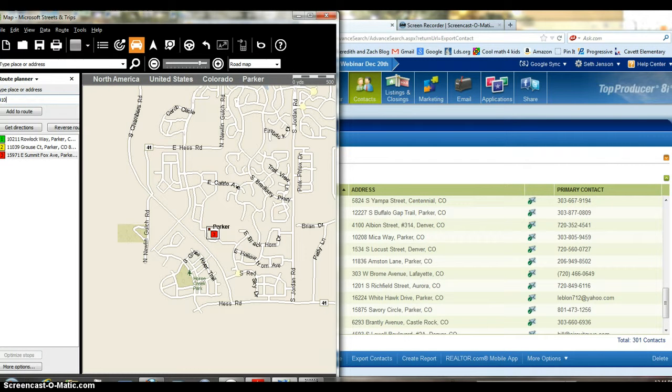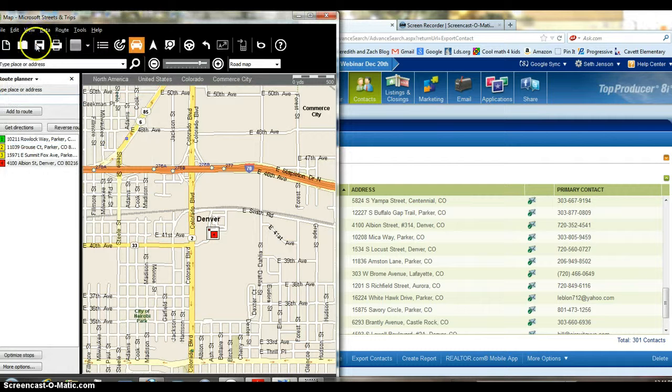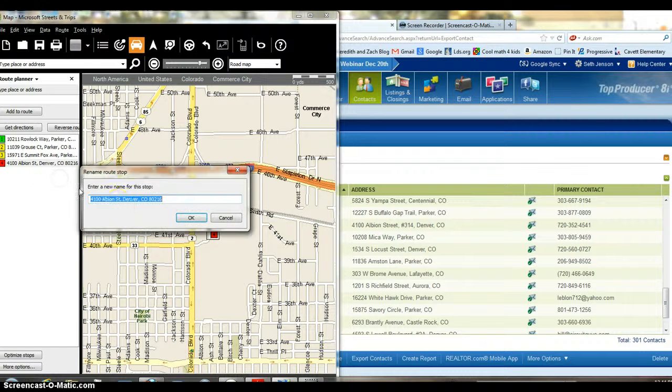You type in 4100 Albion Street. So I found the address, and in order to add in the unit number, if you type it up here in this box, it won't add it down here, so you have to right click on the address and click on rename, and at that point you can add in